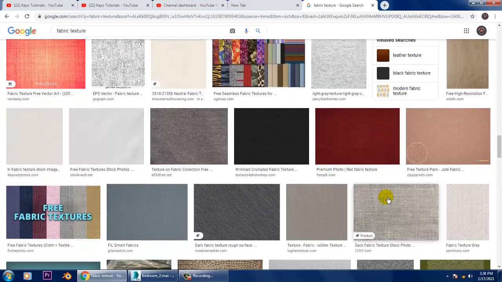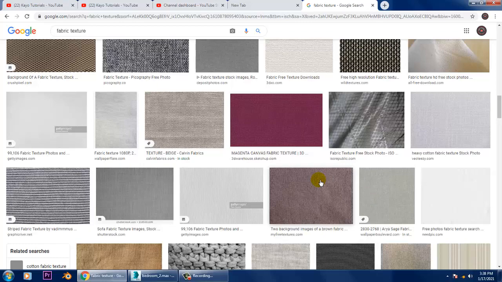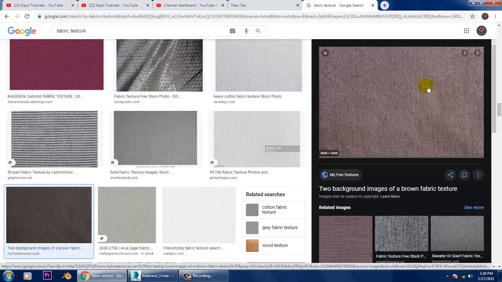So let's take one texture from here. We'll save this. It's a big texture.